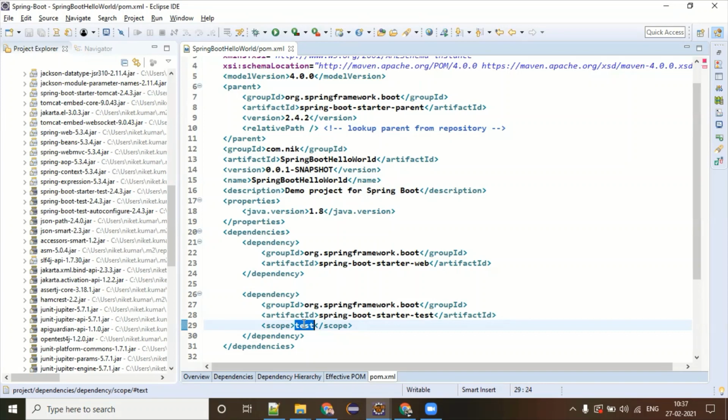Similarly, one point I have noticed in my applications, which many developers are missing: they want some testing library, they have added the group ID, artifact ID, that's all. But they forgot to add the scope. Because of that, these libraries are going to be indirectly part of your jar, and that time it is causing an issue in production when we are checking that. Currently I'm playing the role of an architect, so this is kind of my daily work.